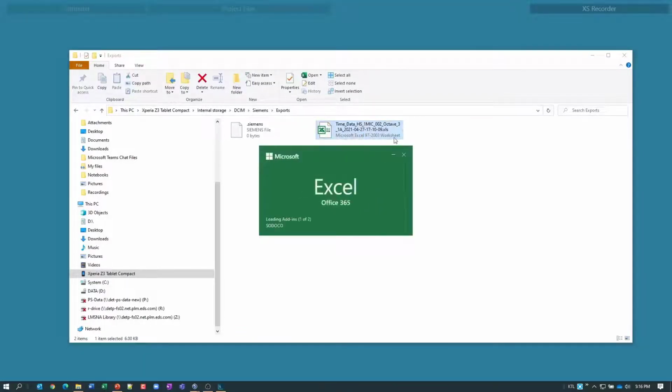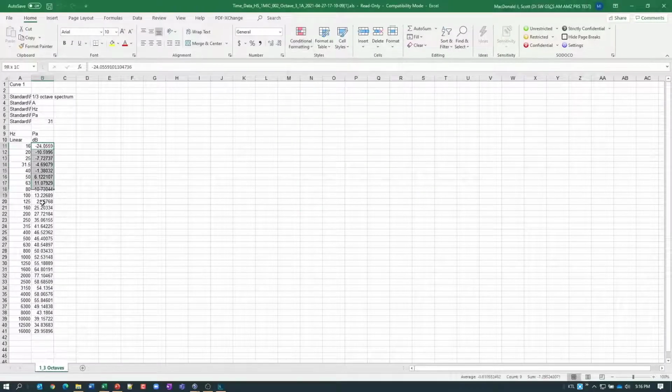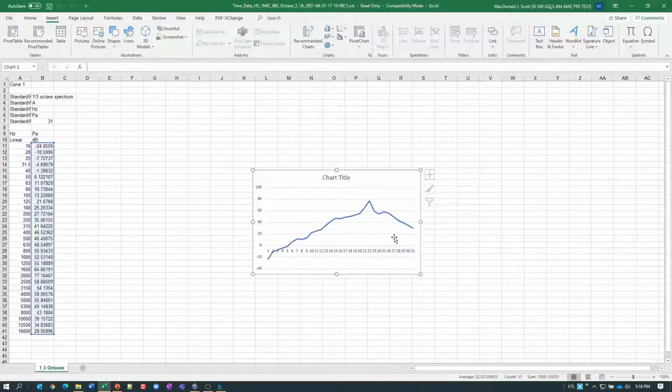So this is the template name plus the date, and I will see my Excel data, which I can immediately plot as a 2D line. And of course I could format this and make it look a little bit prettier and put the x-axis on, but you get the idea. So that's how you can quickly export an average spectrum from the SimCenter Test Lab Scope app.